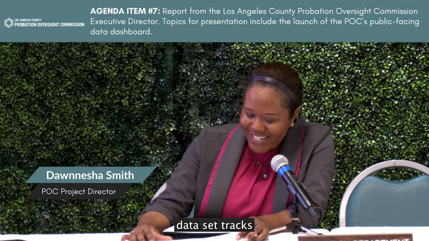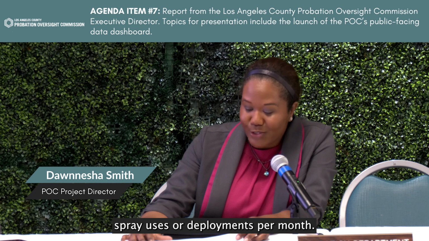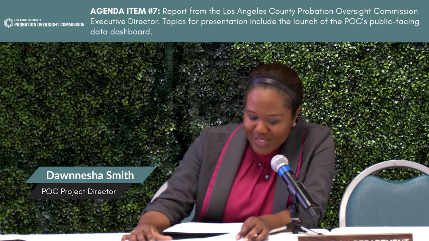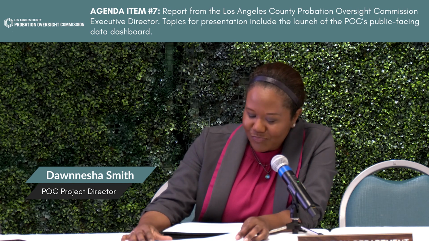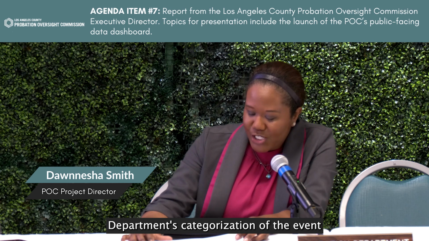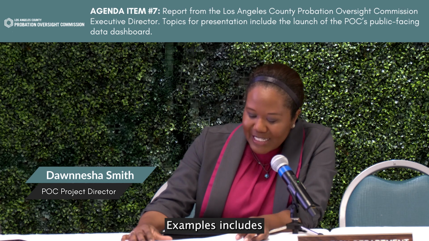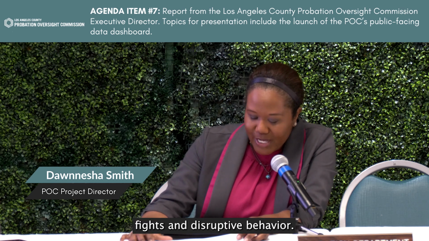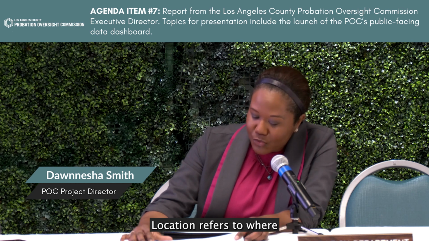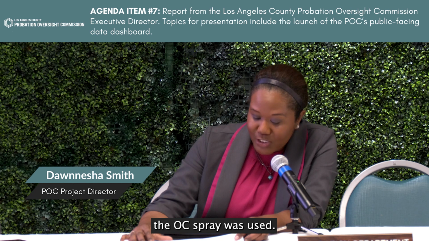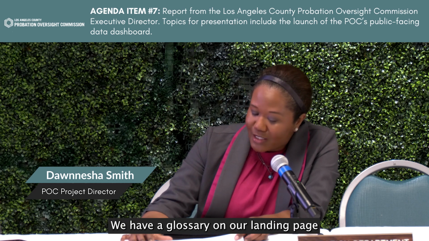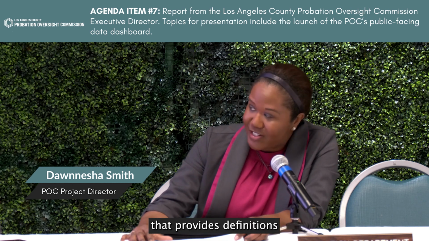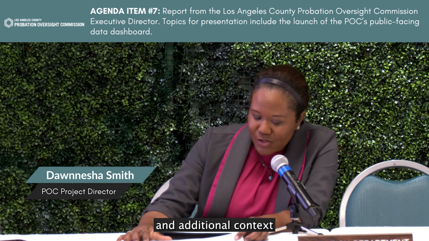The OC spray dataset tracks the number of OC spray uses or deployments per month. The data can be viewed by incident type and location within the juvenile hall. The incident type refers to the probation department's categorization of the event that caused the deployment of the spray. Examples include fights and disruptive behavior. Location refers to where within the juvenile hall the OC spray was used. Examples may include the bathroom or a classroom. We have a glossary on our landing page that provides definitions for the terms here and additional context for what